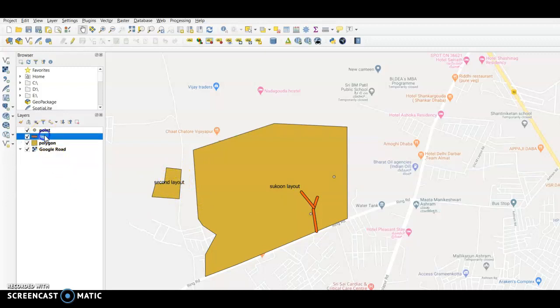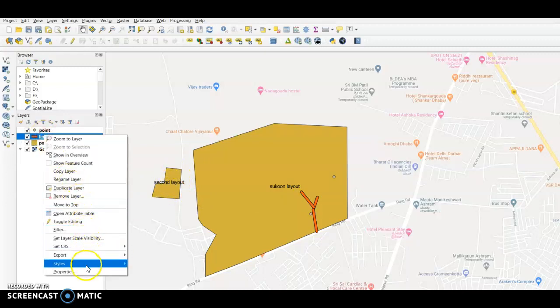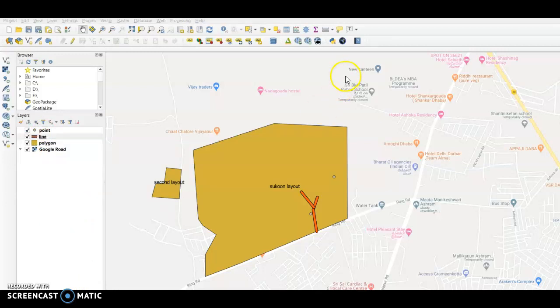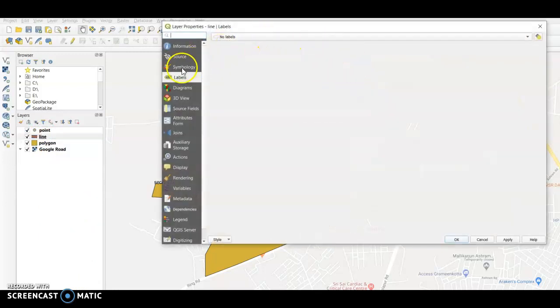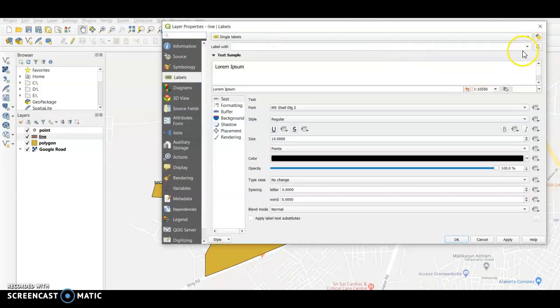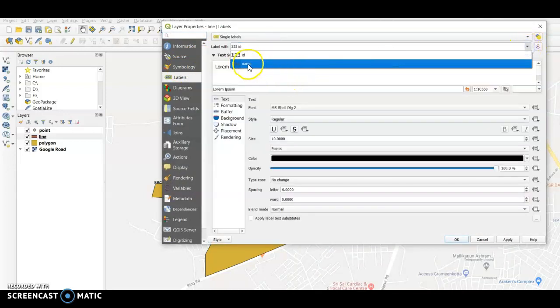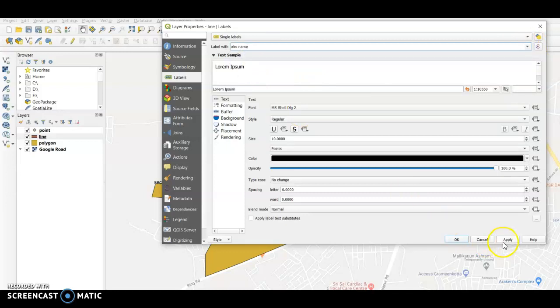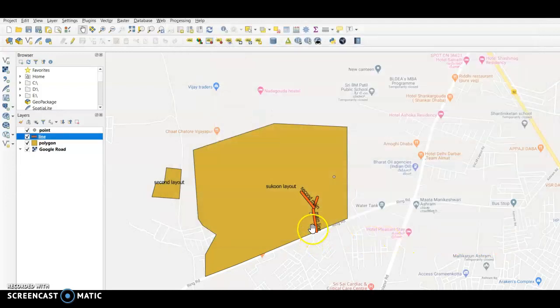Similarly, go to line, go to properties, then in the properties go for labels. In the labels you select single label. In the single label again you click on name. There were 2 columns in the attribute table. You select the name because in the name itself I have written the names of different features. Now go to point.